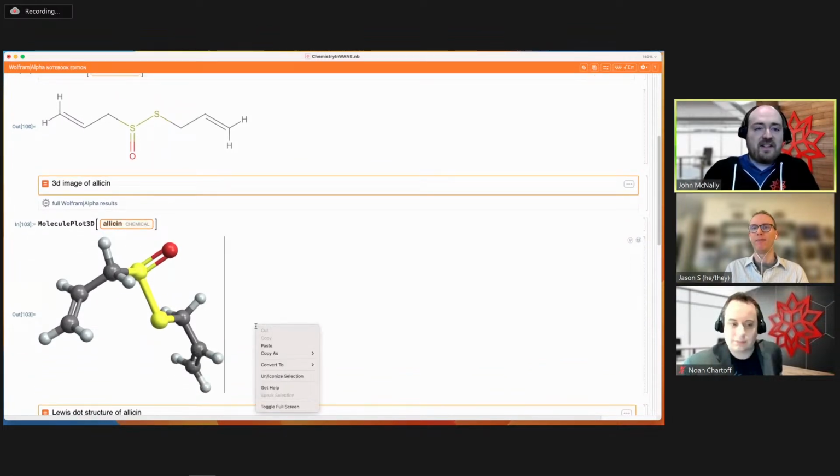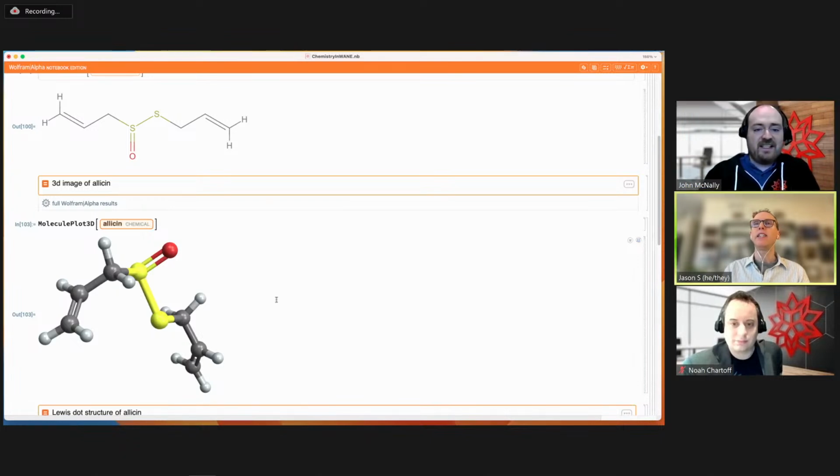And so I love this as a teaching aid, because you can actually see in the difference between these plots the implicit hydrogens, that's the convention in organic chemistry, compared to the actual atoms that are going to be part of this molecule. So that's really fantastic. Yeah, and you can also have that conversation if we,